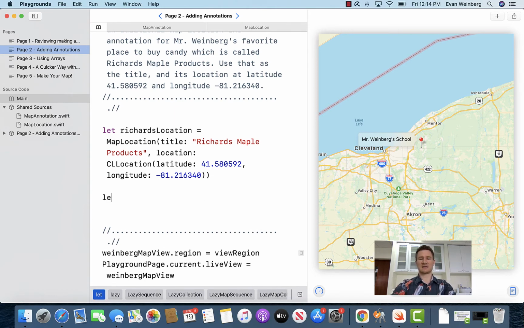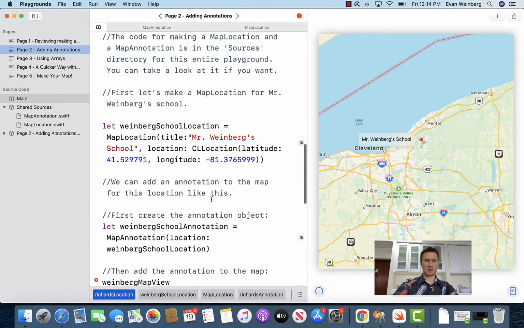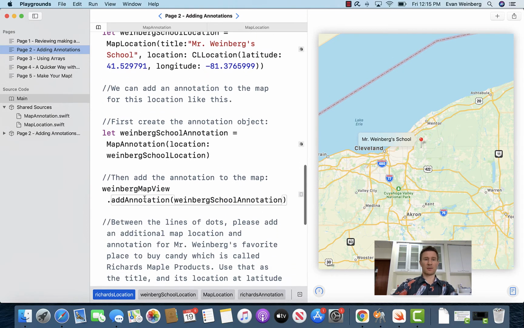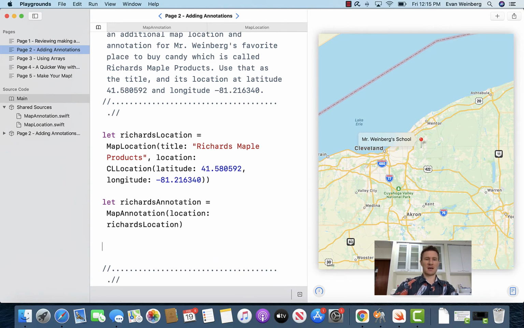The second thing is I need to make the Richard's annotation. And that's going to be what I'm calling a map annotation. And again, this is giving me just a location that I can use. There we go. So Weinberg School annotation, it just takes a location, which is going to be Weinberg School location. So I'm just going to type in Richard's location as the source for that. And last thing I'm going to do is I'm going to take the Richard's annotation